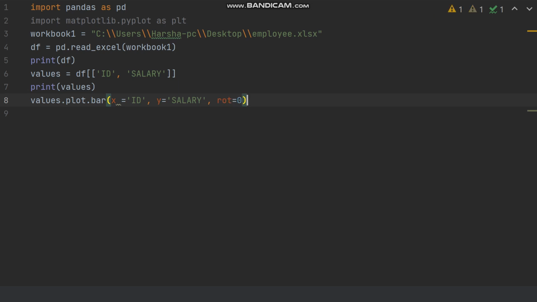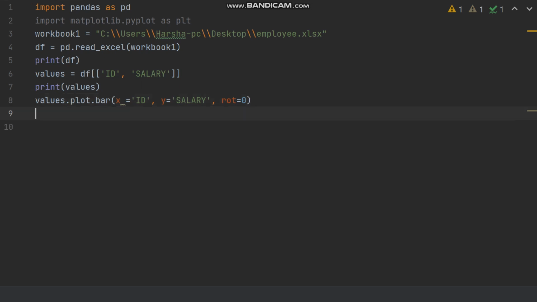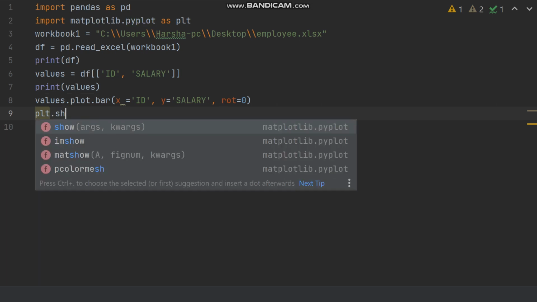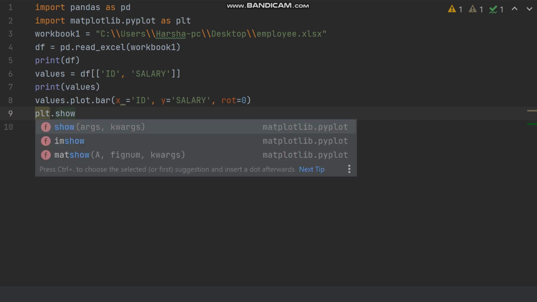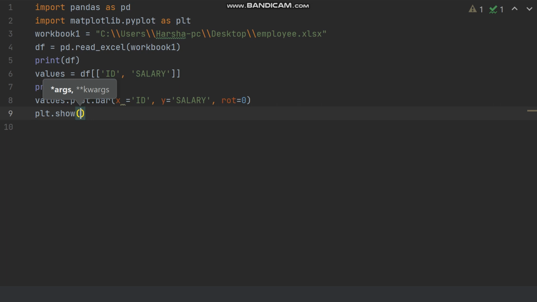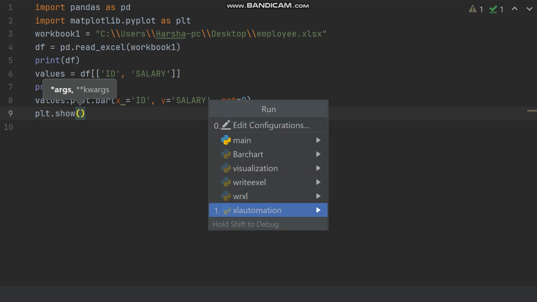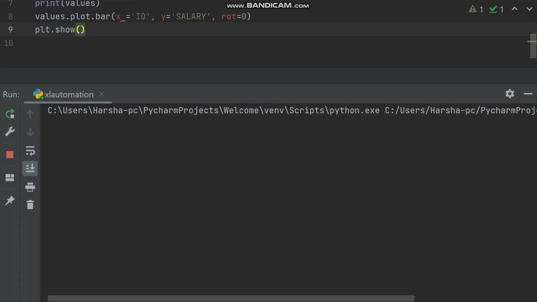I am not storing it in a variable. What I am going to do is plt.show, because we have imported matplotlib.pyplot as plt. Control S, Alt Shift F10 and enter.